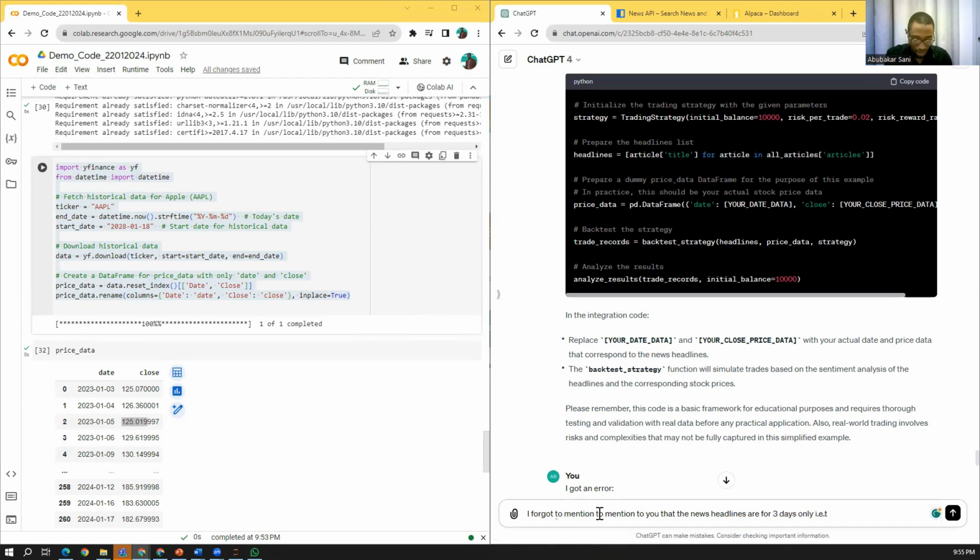That is from 18/01/2024 to 21/01/2024, and the time span of the article is less than a minute. So update the price data accordingly.